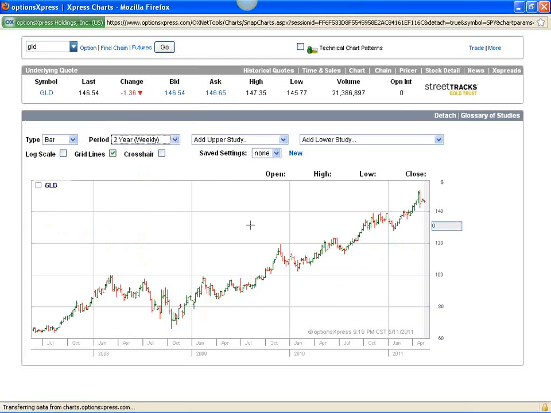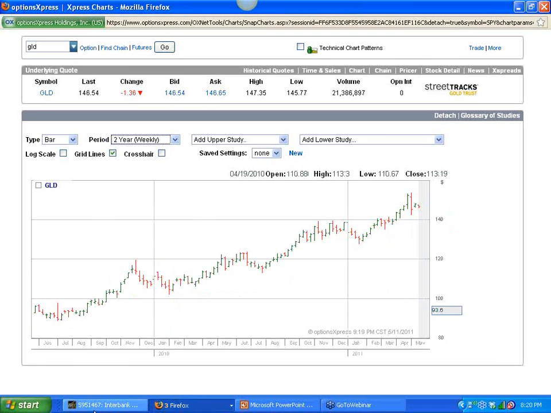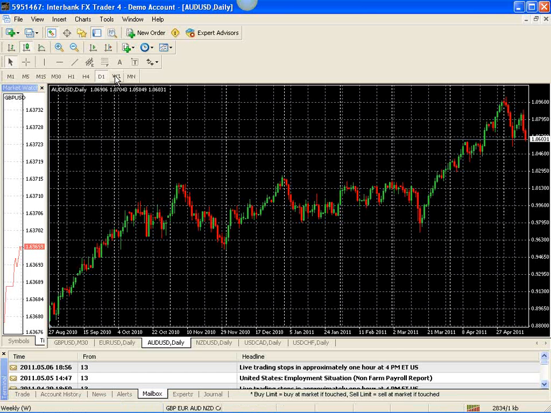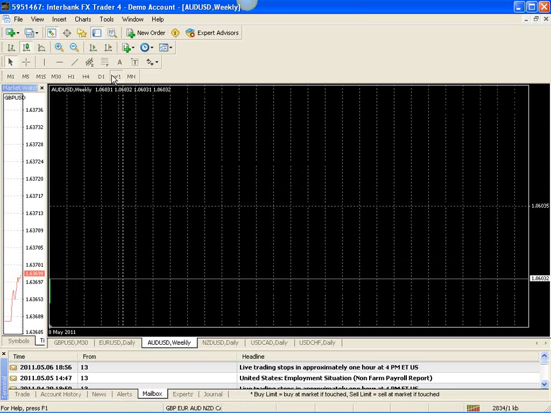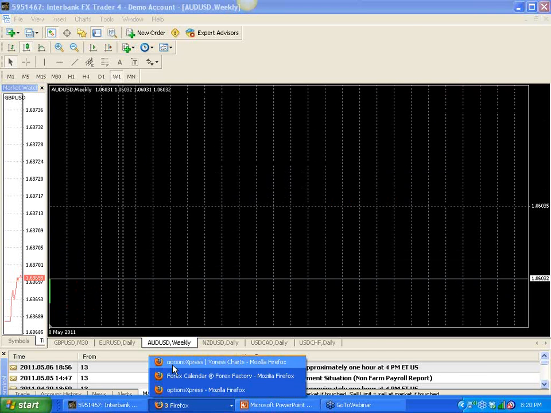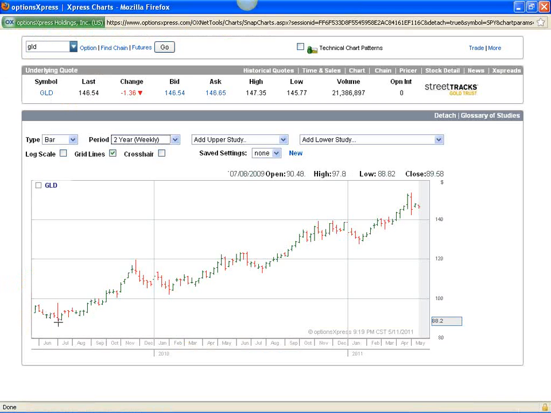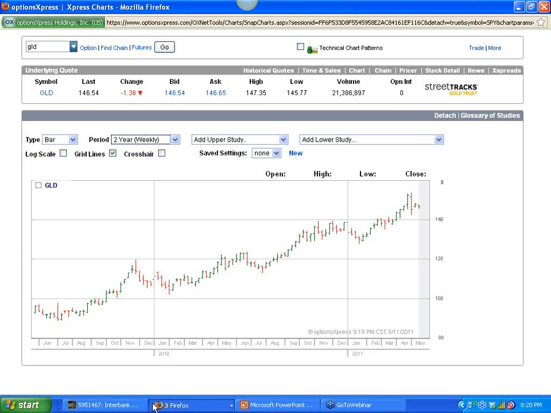So here's gold running up, up, up, up, up, and then finally a little bit sideways. So it just has these little hiccups, but it looks very, very similar. I'll actually put the Australian dollar on a much longer time frame so that you can see them together. So let's see here. We have 2 years of data on the gold chart here, and then